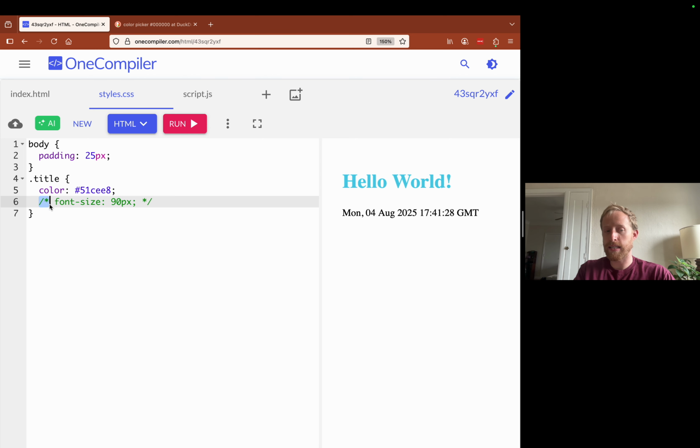This is what it looks like in CSS, Cascading Style Sheets. What's inside of the slash-star markers is a comment. It's really so I can make notes for myself. I can say, this color is a hexadecimal.